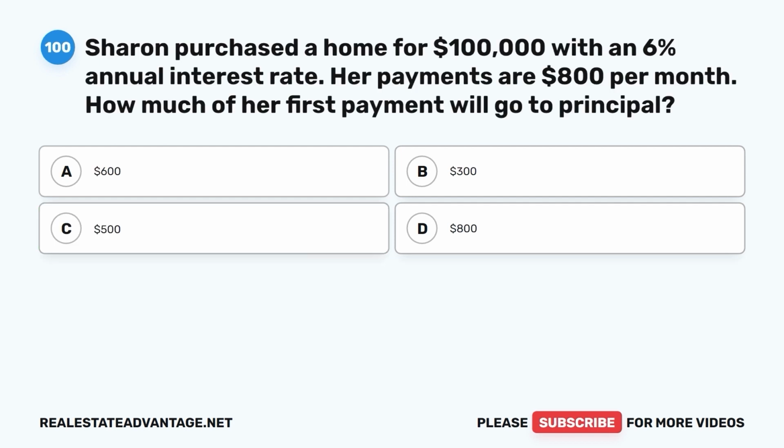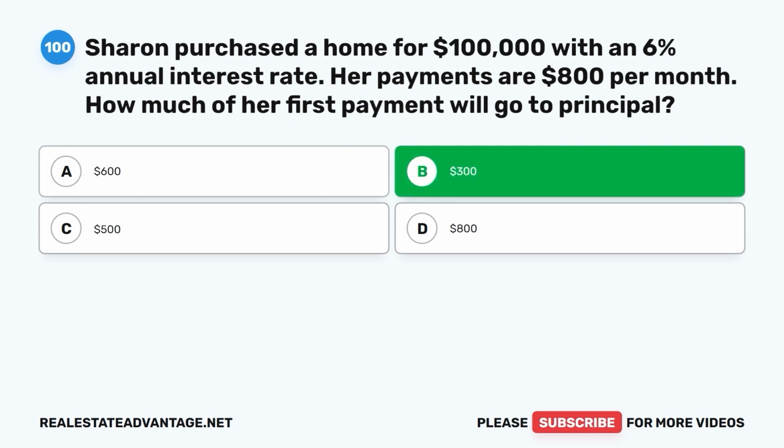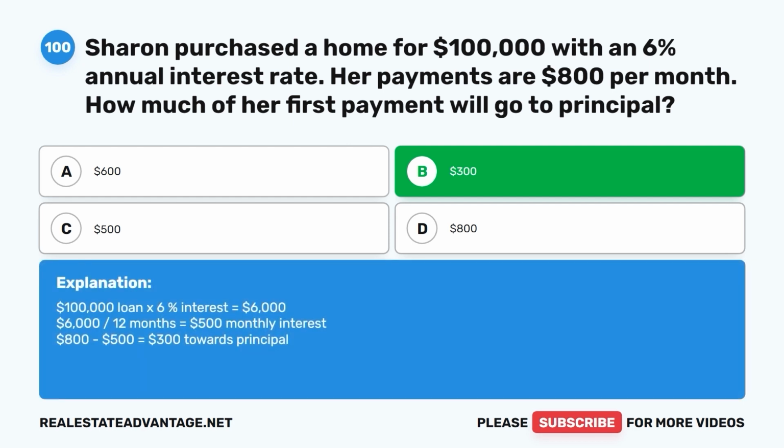Question 100. Sharon purchased a home for $100,000 with a 6% annual interest rate. Her payments are $800 per month. How much of her first payment will go to principal? A. $600. B. $300. C. $500. D. $800. The correct answer is B. $300. $100,000 loan times 6% interest equals $6,000. $6,000 divided by 12 months equals $500 monthly interest. $800 minus $500 equals